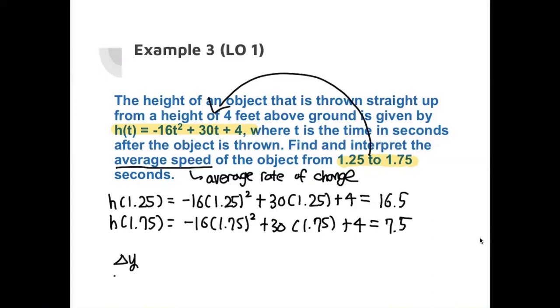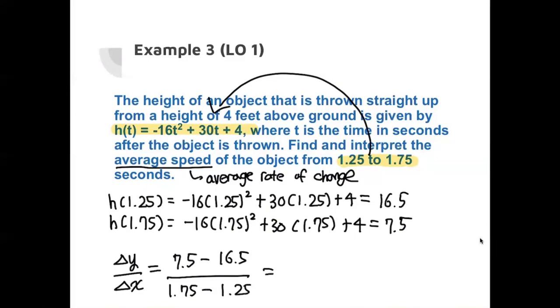Let's do change in y over change in x, as if we're drawing a secant line that passes these two coordinates, okay? So we found the corresponding y value. So we just do 7.5 minus 16.5. And on the denominator, we do 1.75 minus 1.25. So if we do so, we will be getting negative 18. So the answer would be